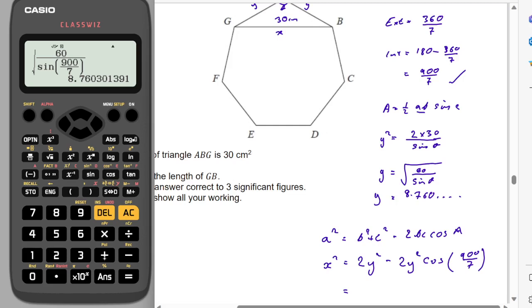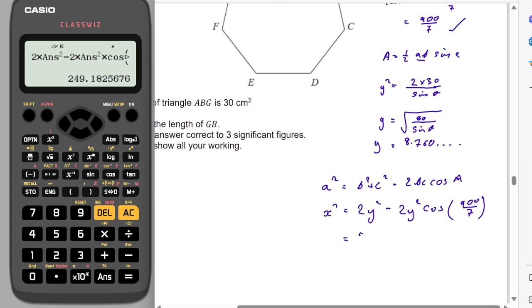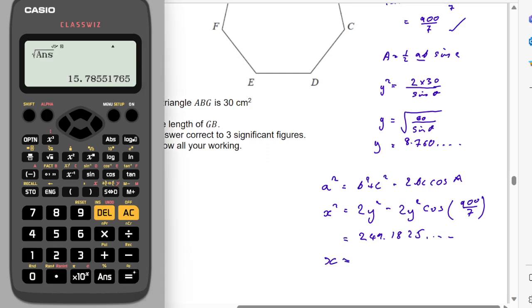Let's try that again then. So 2 times by that last answer squared minus 2 times that last answer squared times by cos of the angle. Okay, that looks right. So 249.1825, so it must have been an issue with how I typed it into my calculator. So x is going to be the square root of that, so the square root of the answer is 15.78,